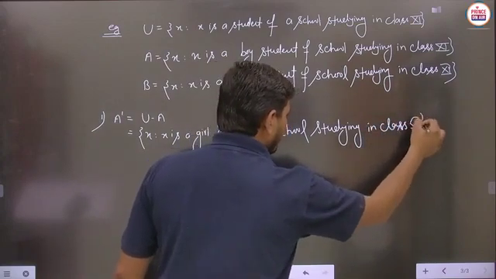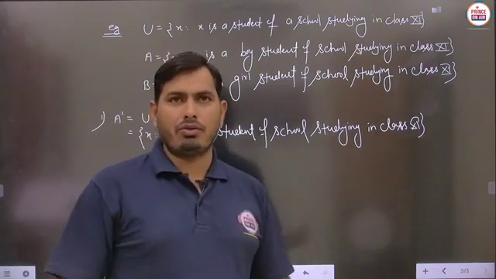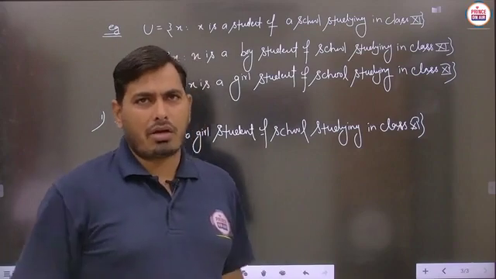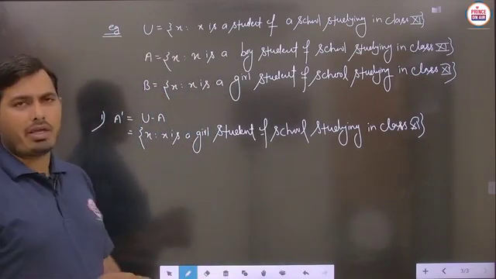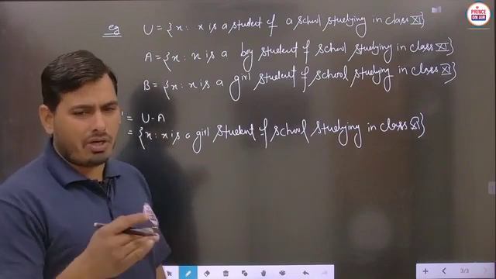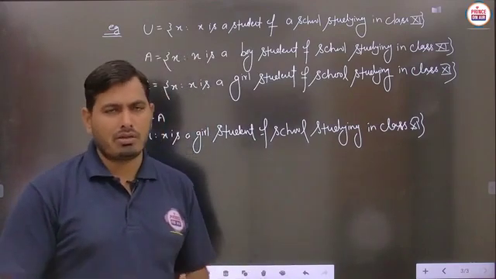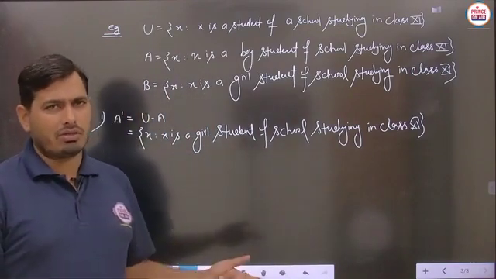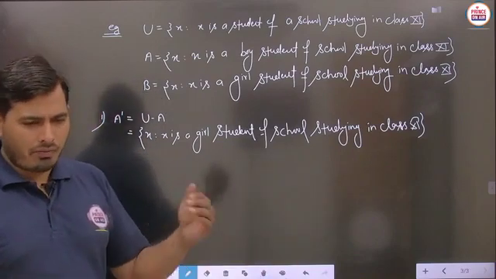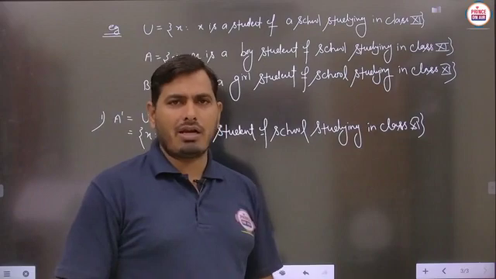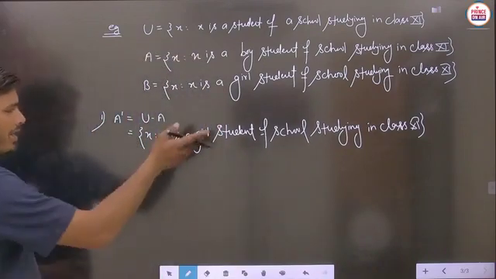So easily student, you can write down the answer in set builder form also. Suppose any kind of set builder form is given in the question, then try to give the answer in set builder form always, not in the roster form. You can give the answer in roster form, but for the systematic or standard process, if any form is given, then try to give the answer in that form always. Is it to be clear? You can use any other form to solve the question, but finally we have to write down the answer in set builder form if the question is given in set builder form. Is it to be clear? That's why we are writing the answer like this.